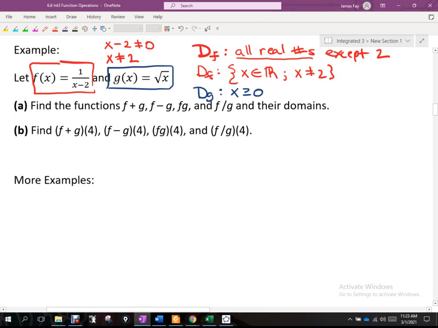Okay. Is that all right with everybody? Now, when we go through and we're asked, can you find what f plus g, what f minus g, what f times g, and what f divided by g look like, and then their domains,